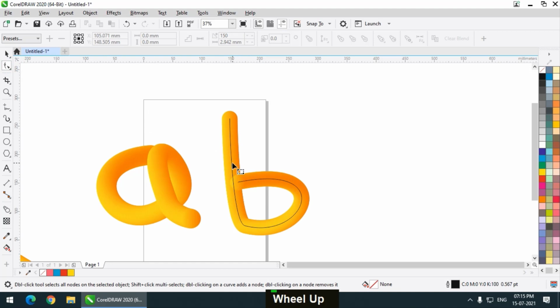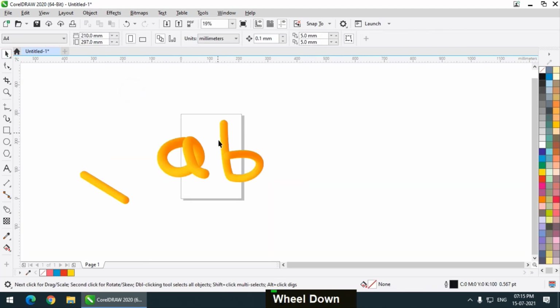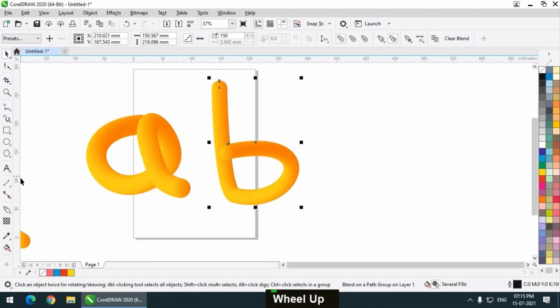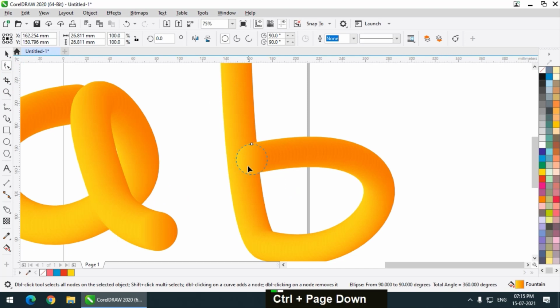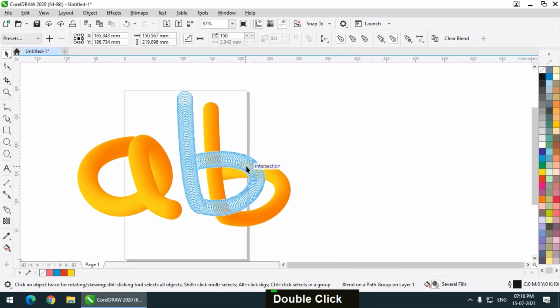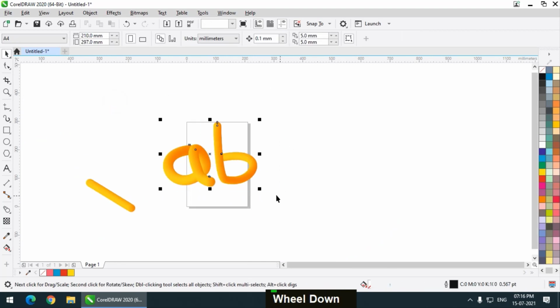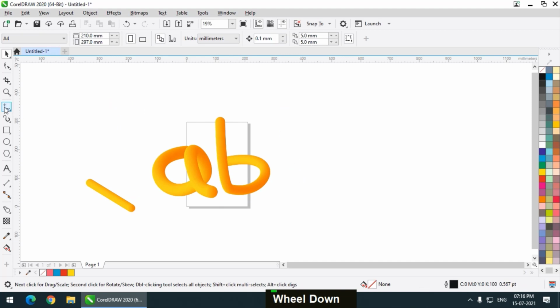Again shape tool, click, and Control Page Down, so it will go behind. Again if you want this at the back, shape tool, Control Page Down. So this is how it will look. The C is remaining, only C.